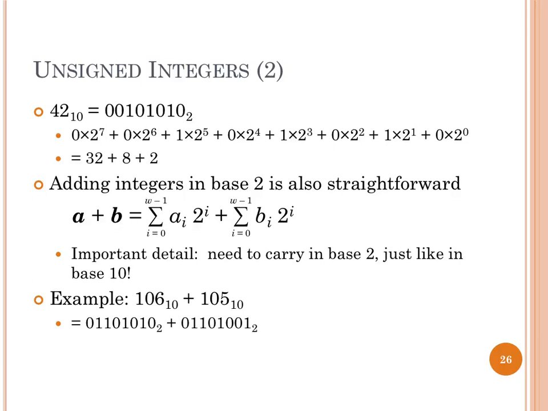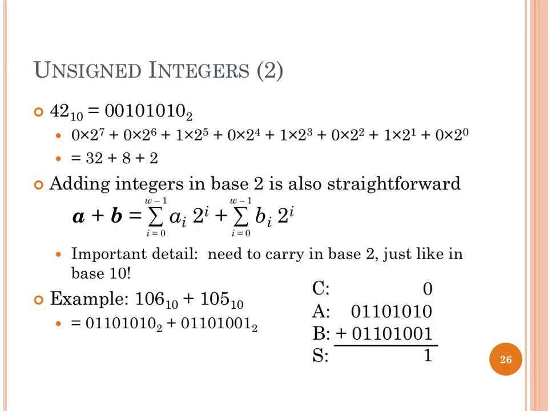But anyway, 106 plus 105. Now we can all eyeball this and say, oh, that's going to be 211. That's fine, but we can also just do this in base 2 and go through and say the initial carry-in is 0. 0 plus 1 is 1. That's fine. Carry the 0. 1 plus 0 is 1. Carry the 0. Okay, 1 plus 1 is